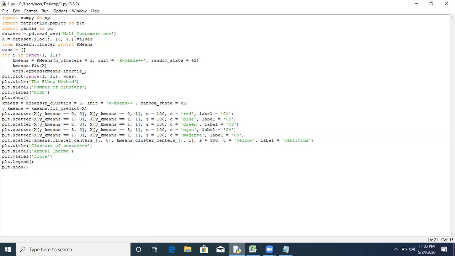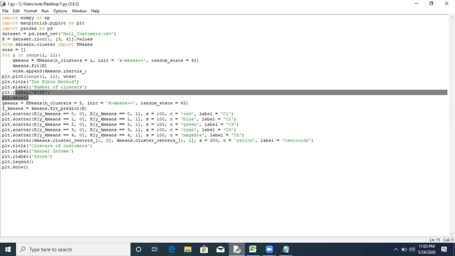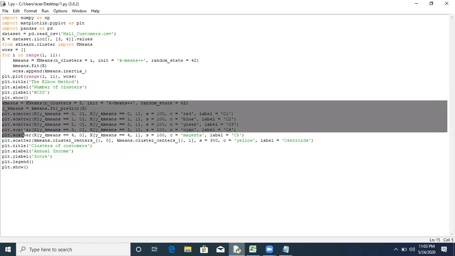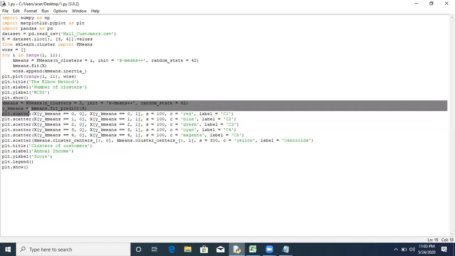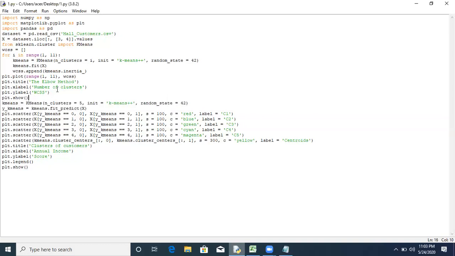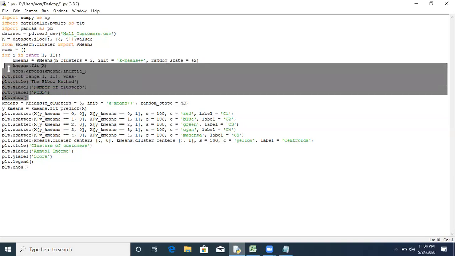Now I have already run this code initially, and then I use the next part, because the value we get from the elbow method is the value we have to use here. Using this graph, the elbow value we are getting is 5. After that we have to insert that value here.